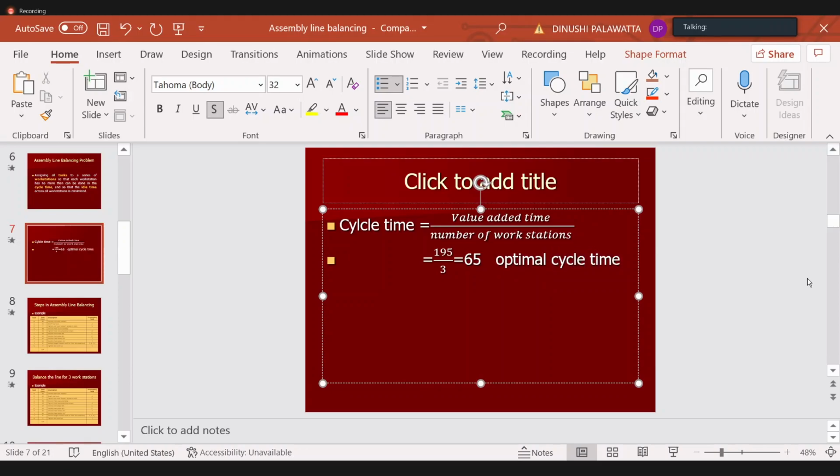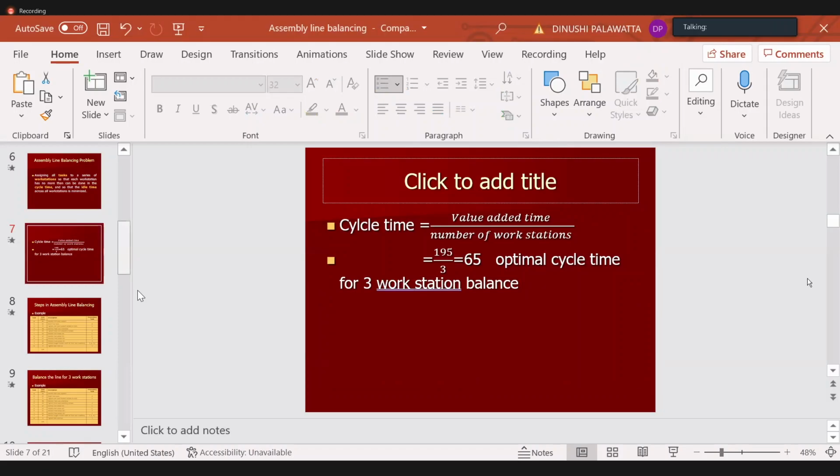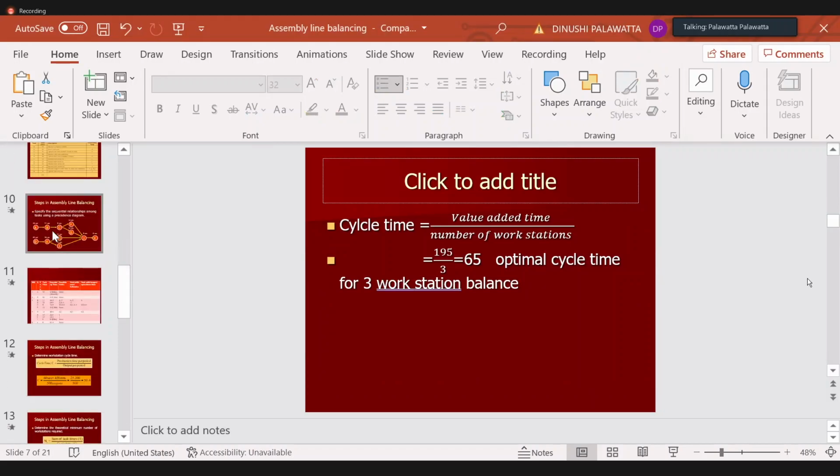Cycle time for 3 workstations, okay? But there is no guarantee. We cannot say we will be able to balance it for 65 seconds. If you can find a balance for 65 seconds, then that will be great, but without violating